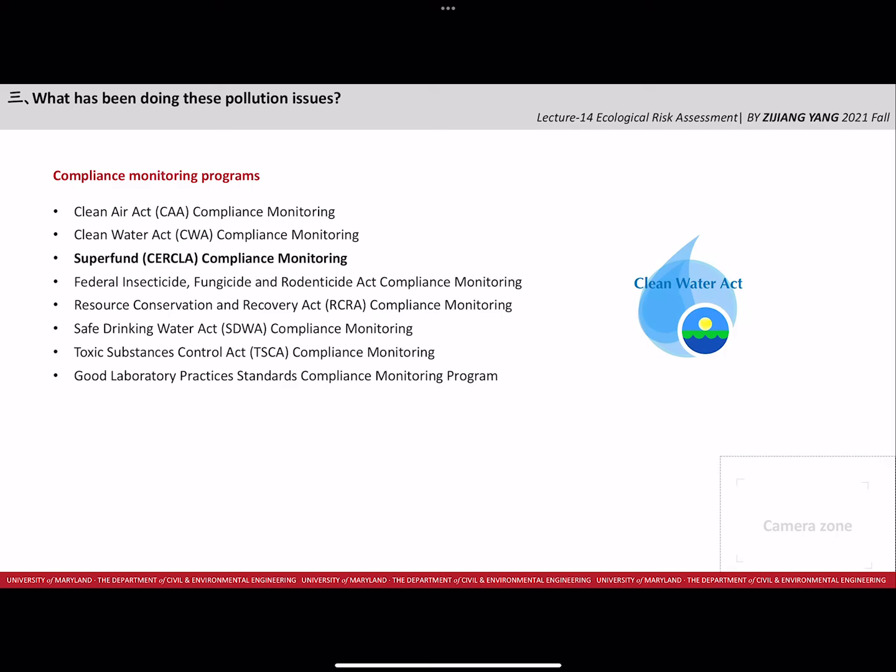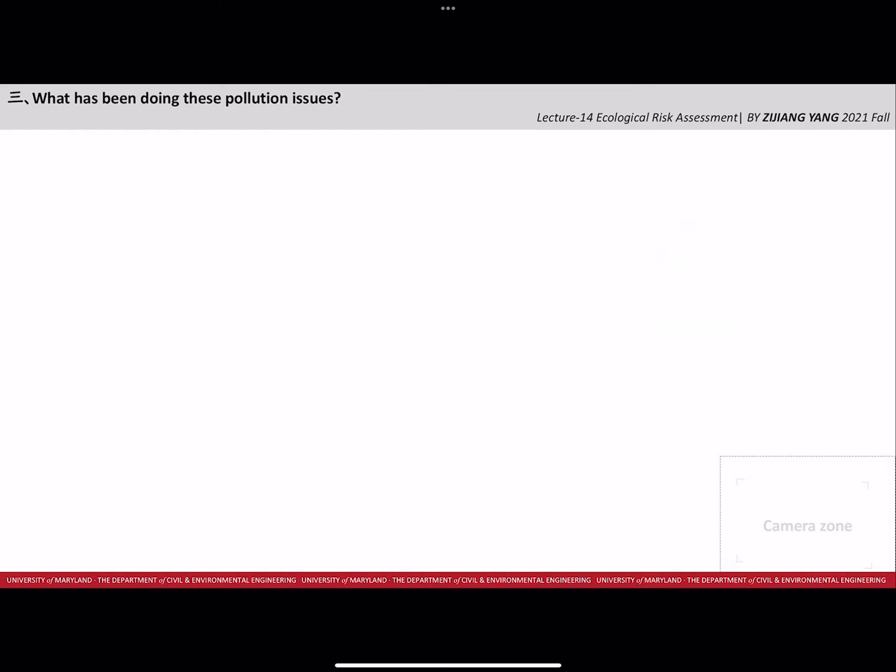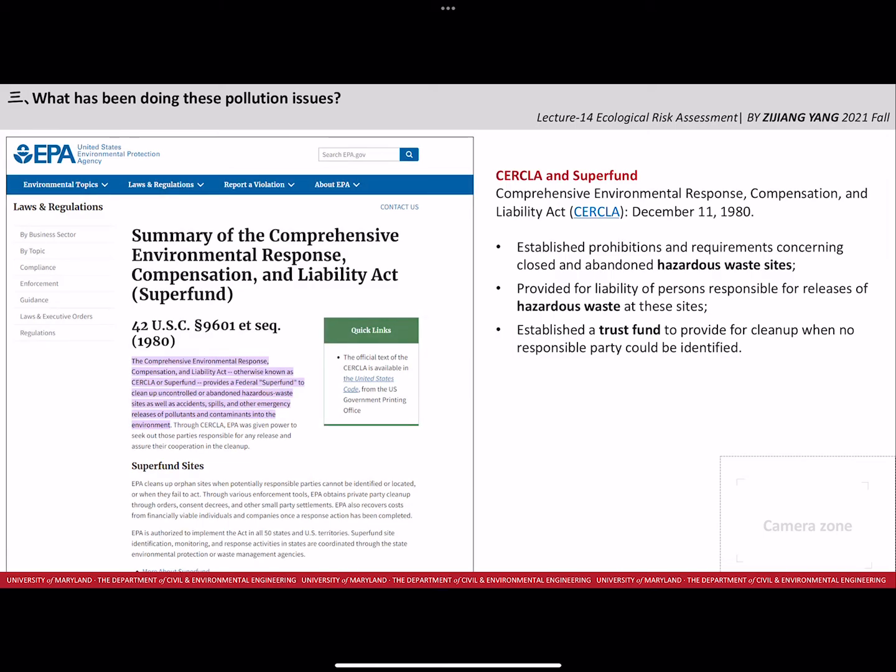EPA also has some compliance monitoring programs. I'm not going to read them one by one, but I think the Clean Air Act and the Clean Water Act are usually mentioned in some other classes. And here I want to talk about Superfund or CERCLA compliance monitoring, which is related to organic pollutants. The full name of CERCLA is the Comprehensive Environmental Response, Compensation and Liability Act. It was established 10 years after the EPA was established. And for CERCLA, we usually call it Superfund because